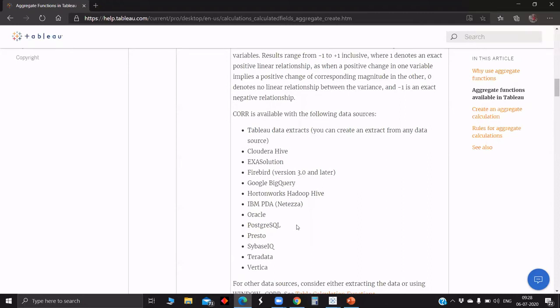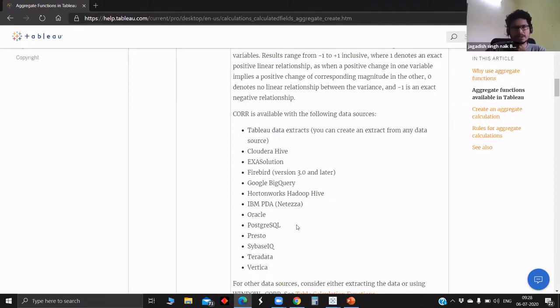So Jagdish, once we extract the data and use the field, if we change the data back to live, will that show any error or something? I think it should not show any error. So the outcome for using this function in live is that we have to make an extract, use it, and again make it live. In that way, you can use all these functions.